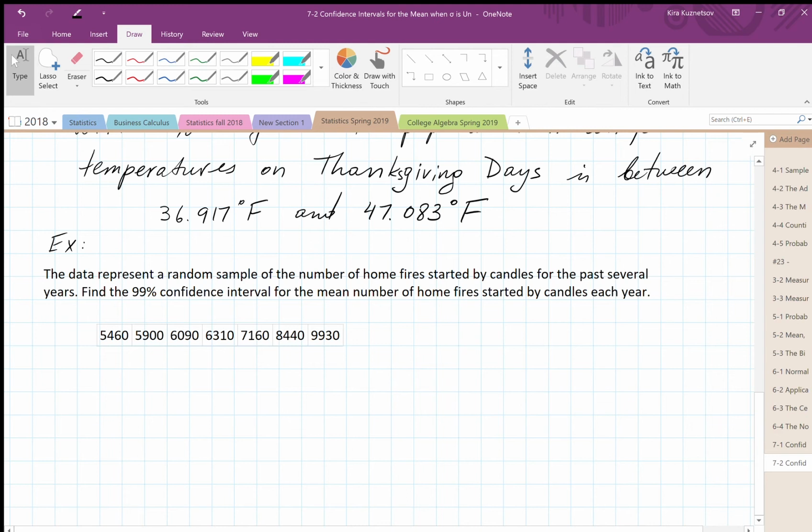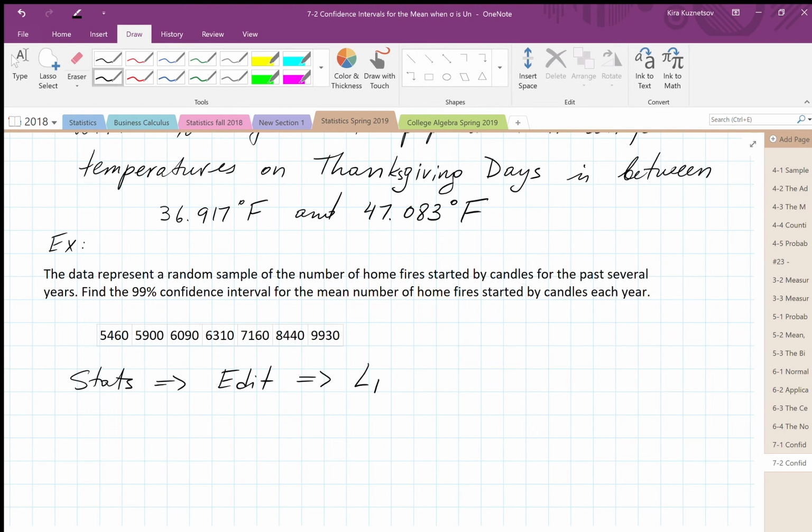So what we need is to go into stats first and over to edit. Under edit, under L1, you will enter all of the numbers. So 5460, 5900,